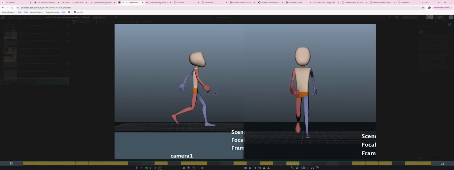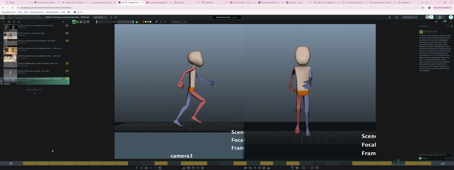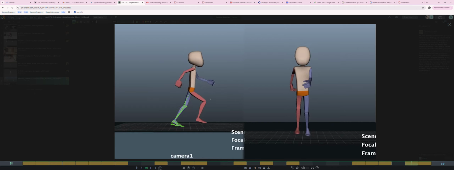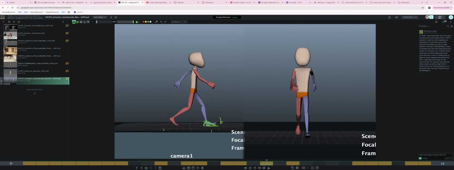So taking a look at your arms and stuff is pretty good. One of the things I feel like is happening from here to here, and maybe this is just my imagination, but I wonder if your cog control, and when I say cog control, I mean that big one, not the pelvis one, but the big one, doesn't have a little bit of forward and back movement on it. It feels like it does when I'm playing through it. It could be an illusion introduced by the twist, but especially right here,